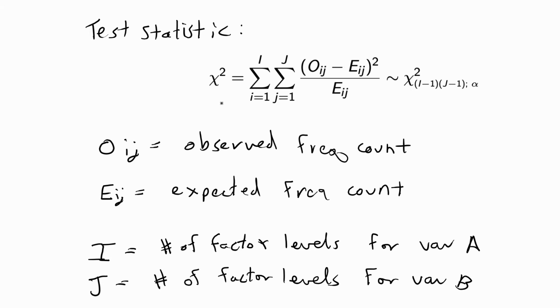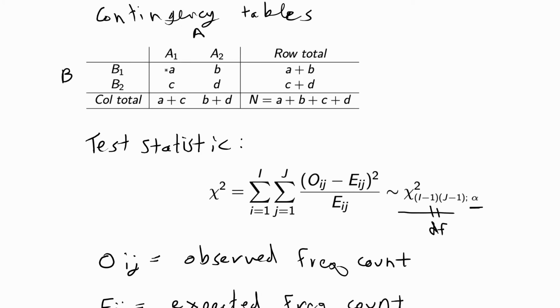Then, when you calculate this test statistic to perform the test where you either reject or fail to reject your null hypothesis, you're going to compare that to a chi-squared critical value that has degrees of freedom equal to (I minus 1) times (J minus 1). And so this would be your chi-squared critical value that you test at a certain level of significance, which is known as the alpha level. Going back to the contingency table, we know that our lowercase a, b, c, d are our observed frequency counts O_ij. So when we do these tests of association, we're usually given lowercase a, b, c, d, which are our observed frequency counts.